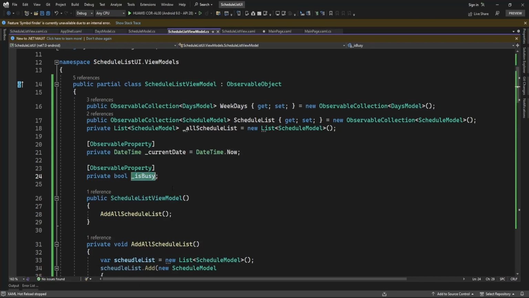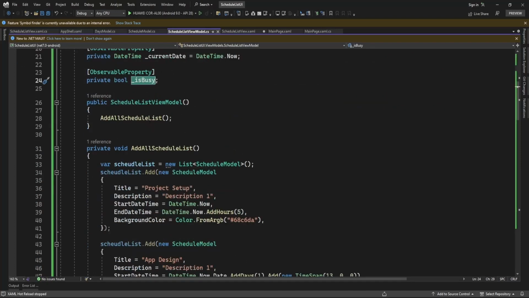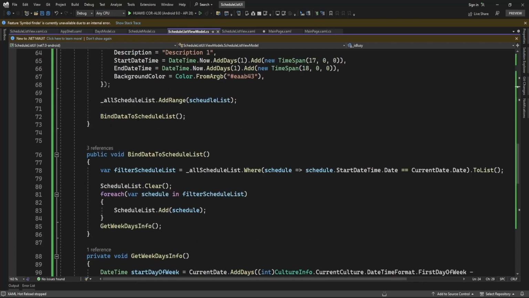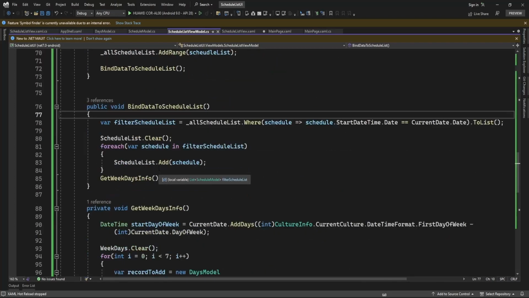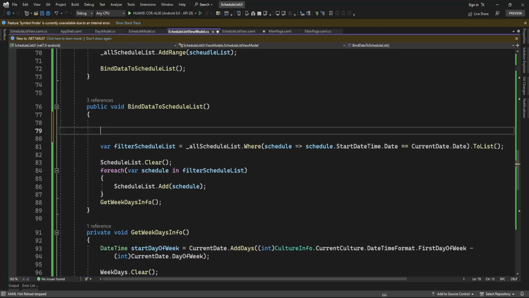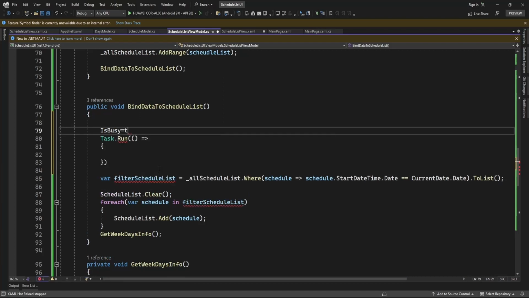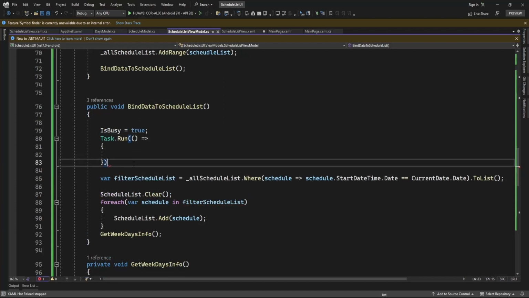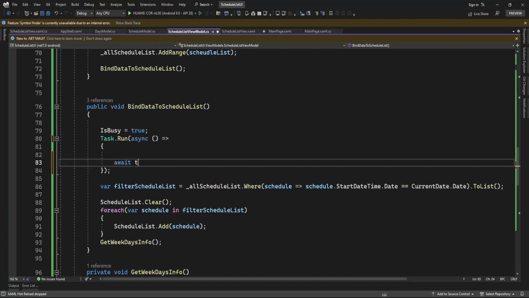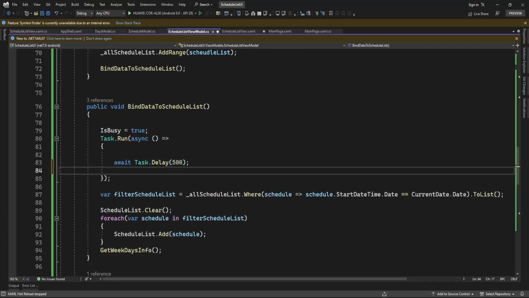So when the data is binding, that time this is busy property will become true. So here in a bind schedule list I'm just going to add delay, like a 400 or 500